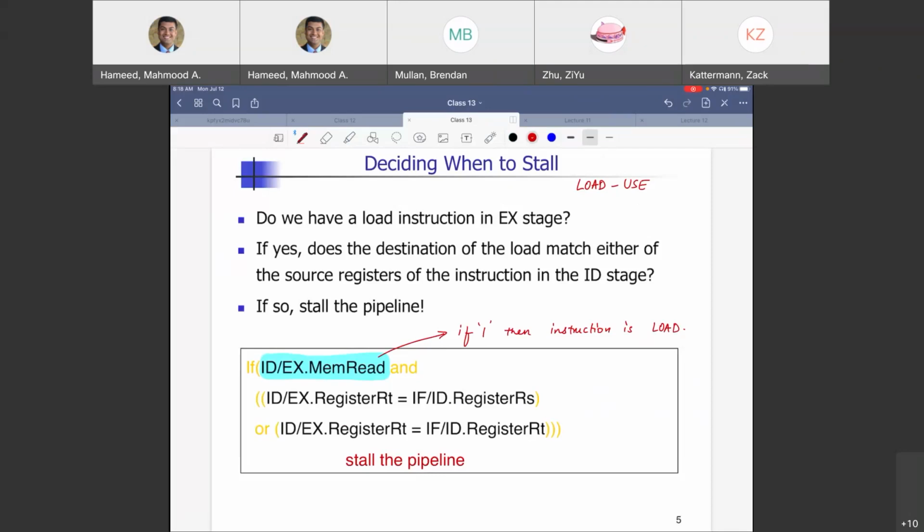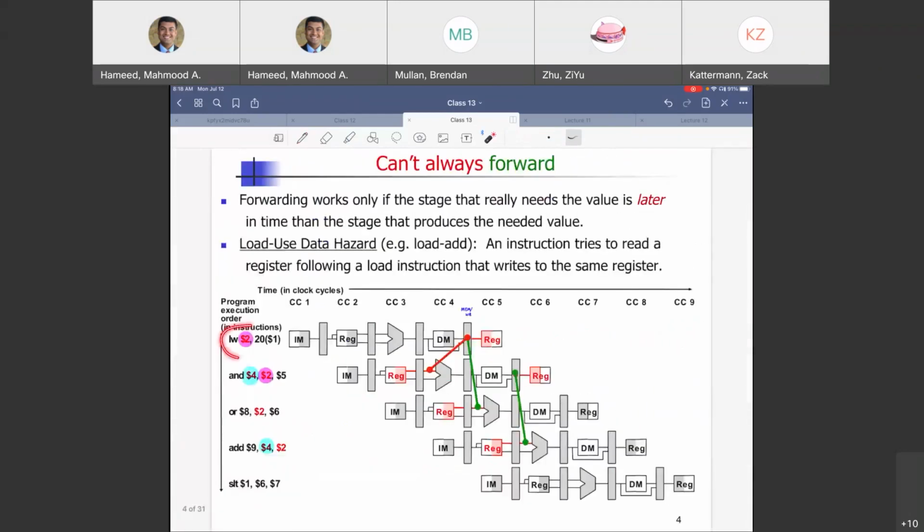So that tells us that the instruction in the execute stage is a load instruction. So that's one criteria, right? So we know it's a load. The next criteria we need to look at is the destination over here matching one of the sources in the next instruction. If load is in the execute stage, then can I say that AND will be in the decode stage? Right, one stage behind. Like if load is in the execute stage, then AND at the same time will be in the decode stage or the register access stage. You guys agree with that?